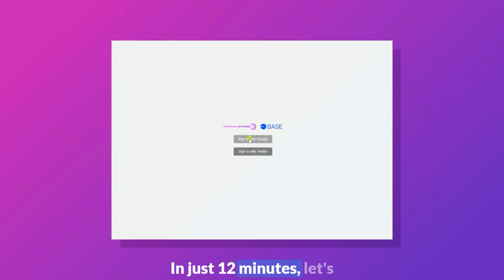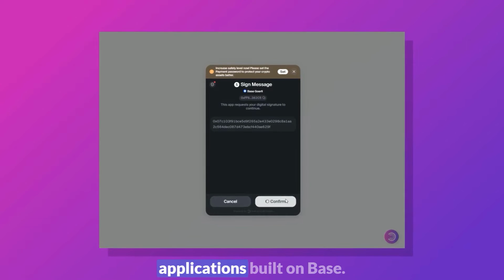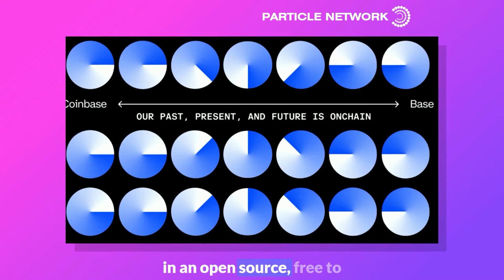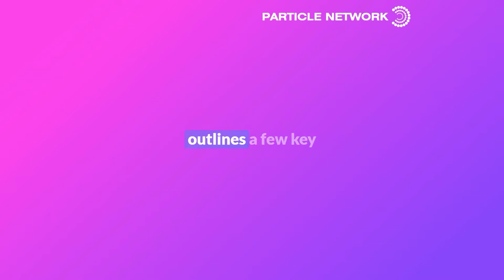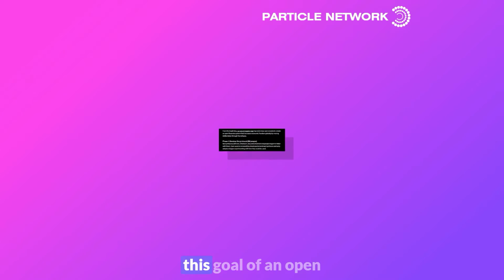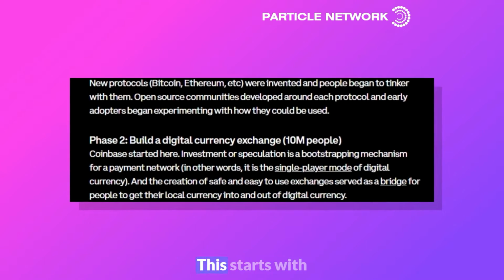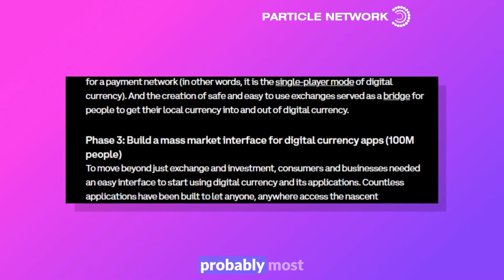In just 12 minutes, let's dive in and learn how to integrate Particle's Smart Wallet as a Service within applications built on Base. Base fundamentally represents a true belief in an open source, free to use, and globally available on-chain ecosystem. Specifically, Base outlines a few key phases to achieve this goal of an open financial system built upon various different on-chain apps. This starts with protocol development, then exchanges like Coinbase, and then of course, probably most importantly, as